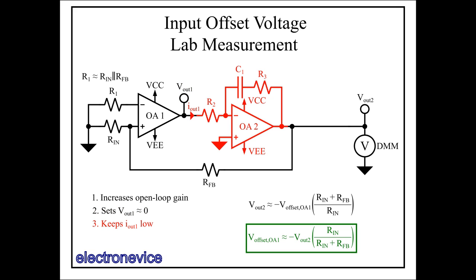And thirdly, it buffers the OA1 output so that it has a very small load current, and its output is very close to ground. R2 is chosen to be relatively high, and a voltage close to ground through a high resistance to another voltage close to ground produces very little current. To limit the error due to the DUT's input bias currents, RFB and Rin need to be somewhat low resistance, which, without OA2, might load OA1 more than is desirable.